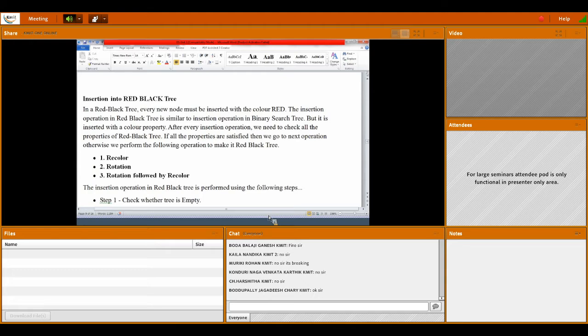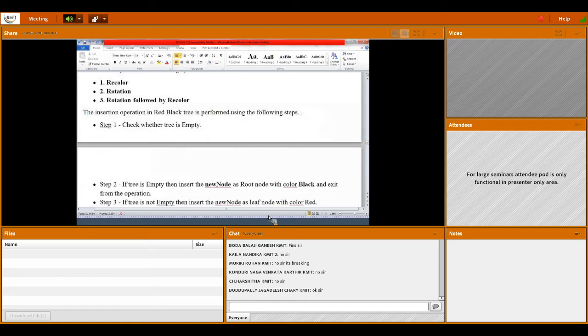Otherwise, you do the rotation operation, then recoloring. So these three are the operations we have to perform to make it red black. That's why whenever you are inserting, after insertion, you have to check.